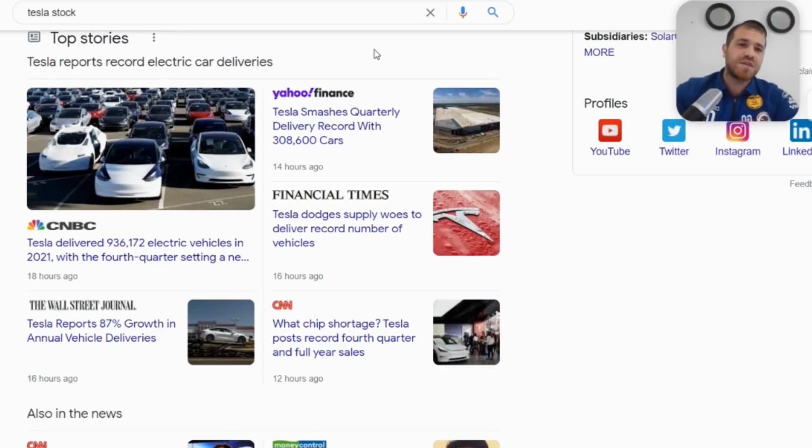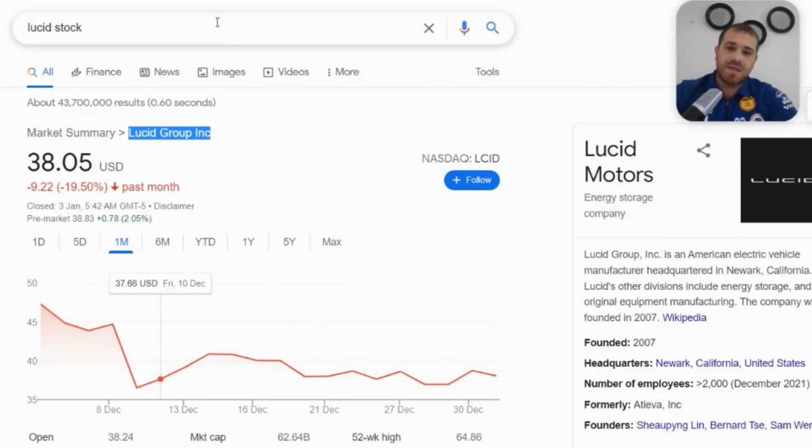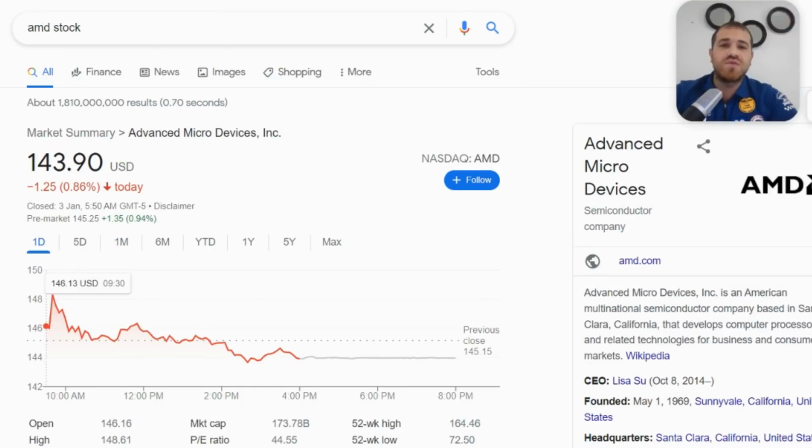So this is an electric vehicle stock in the electric vehicle category of the stock market. So now all we have to do is Google what other stock exists in this same category. And if we find other stocks like Lucid, like GM, like Workhorse, NIO, XPeng, well, investors will say, if Tesla smashed estimates, so will these stocks. So they'll pile on to that ahead of the earnings report. So that's another strategy. With that being said, let's focus on what we made the video on: AMD, Zoom, ATVI,